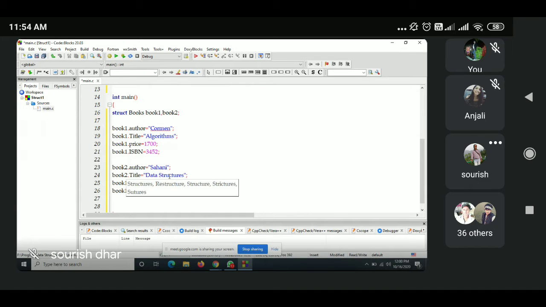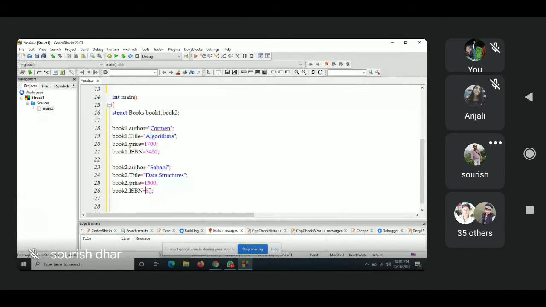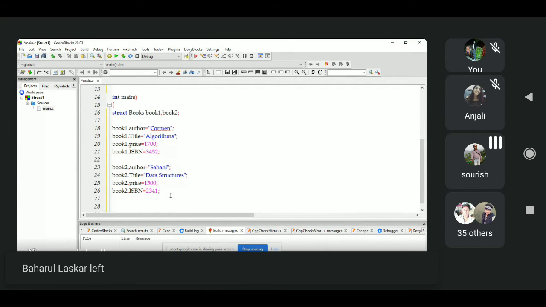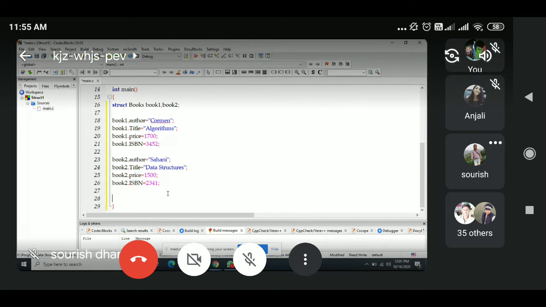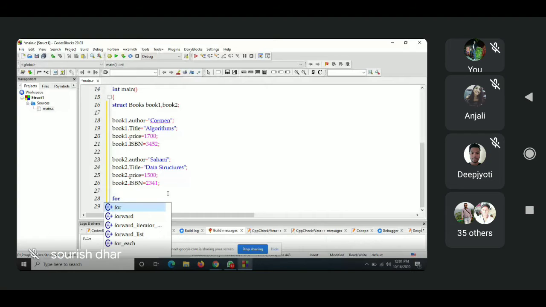The price is, let's suppose I'm giving 1500, and this should be book2. And finally, this is book2 ISBN. So I can say 2341, anything. Did you get it? What we have done? Yes, sir. Now I can just print it out.